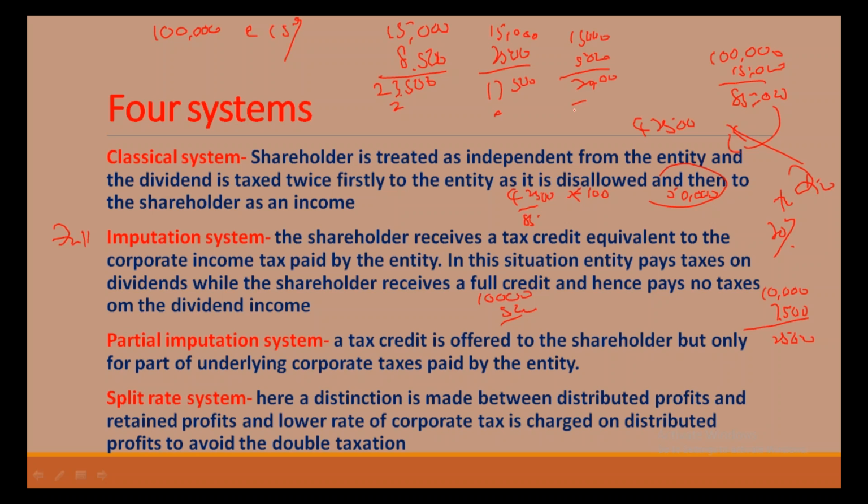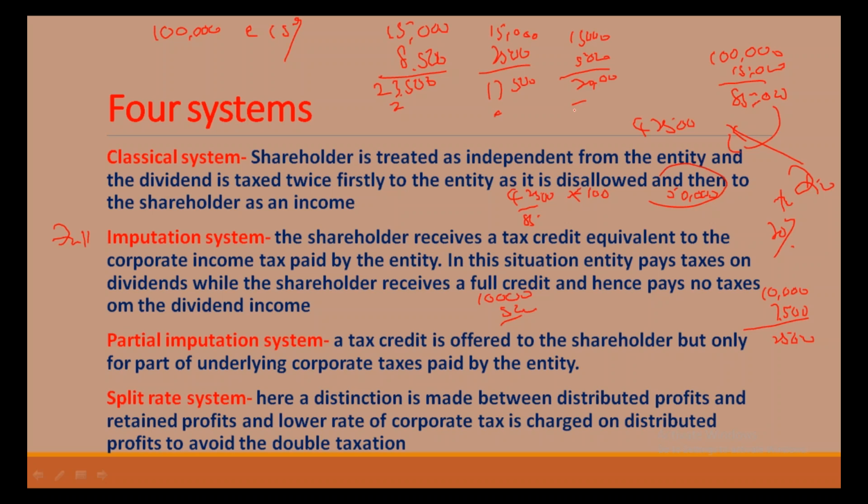Partial imputation system: a partial credit is given, not the entire amount. Maybe 10%, maybe 15%, whatever, they will give you a credit. Okay. Very unlikely they will put up a question on this area on the calculations, but you must know